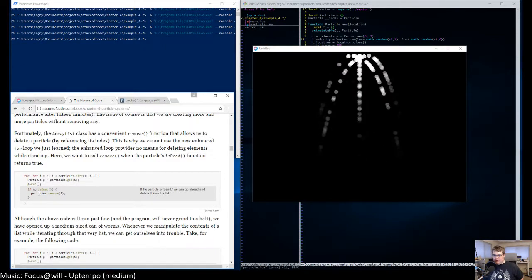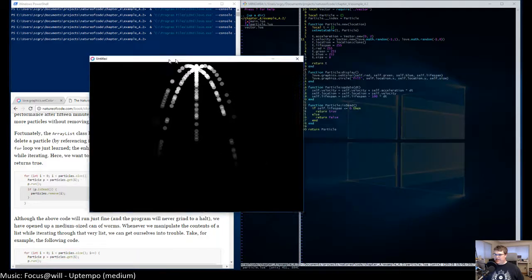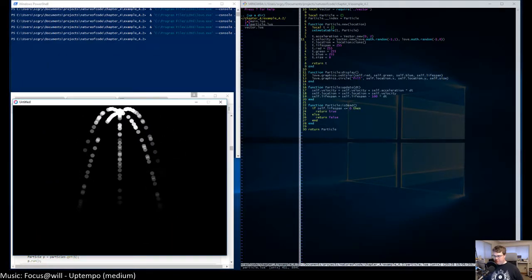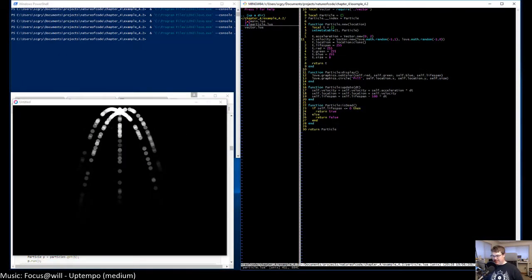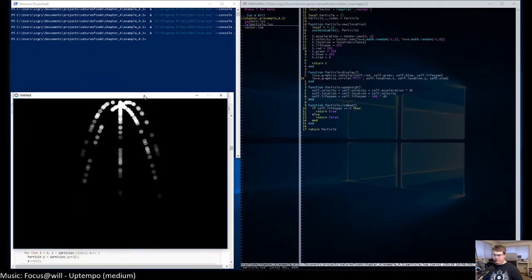Okay, and so here's where we remove it. We have to use table remove, which if I remember correctly takes the I, and we conveniently have access to the I. I wonder if I can set this up.